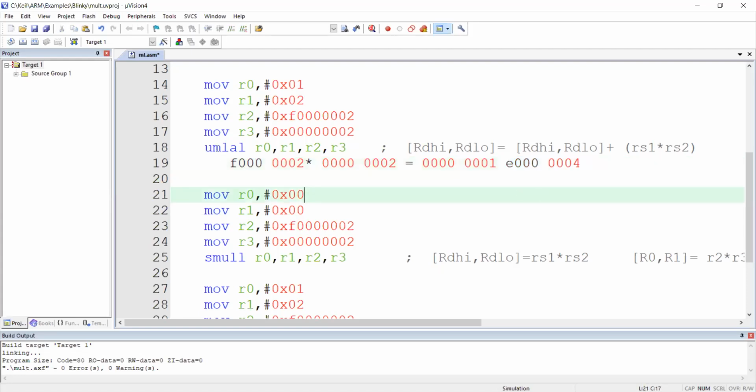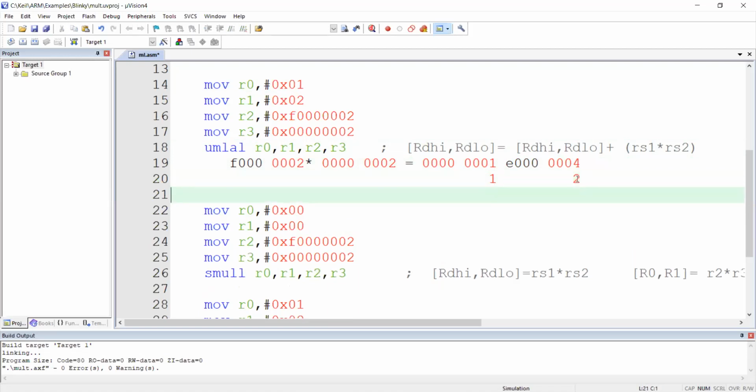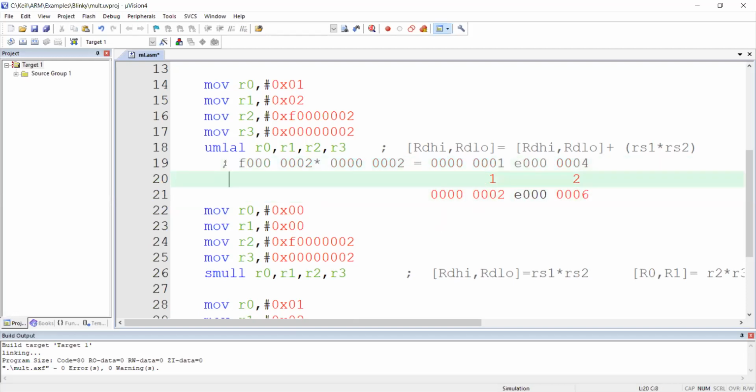So what is the definition of the MLA effect? Not only store, also you add the existing. What is the existing value of R1 here? Already existing in R1 is 1. Already existing in R2 is, sorry, here, 2. Hence, what will be the new answer? Here you can see 0, 0, 0 plus 0, 0, 2. So here it is E 0, 0, then 0, 0, 6. This is going to be the answer. Hope it is clear now for all.